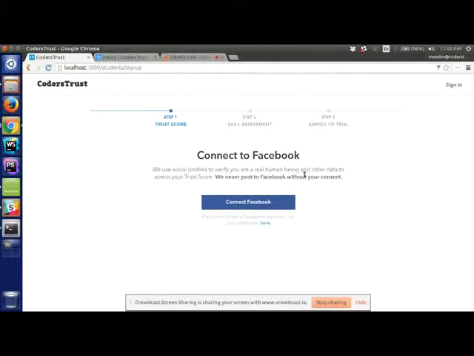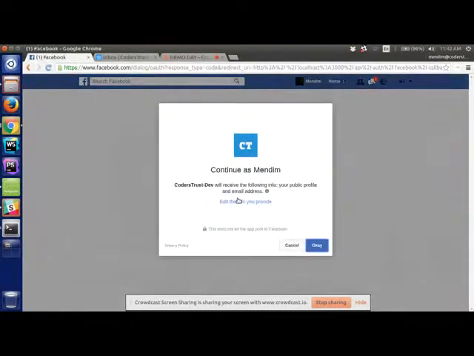And in here the students can connect third-party services, and all those services we separated, like profile services such as Facebook, Twitter, LinkedIn, and other stuff. Currently we have only Facebook. I'm just gonna connect the Facebook, and I will create my student account in CodersTrust. So it asks me to allow the CodersTrust Facebook application. Just gonna click OK.